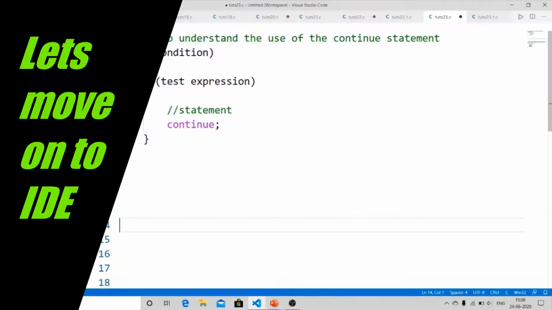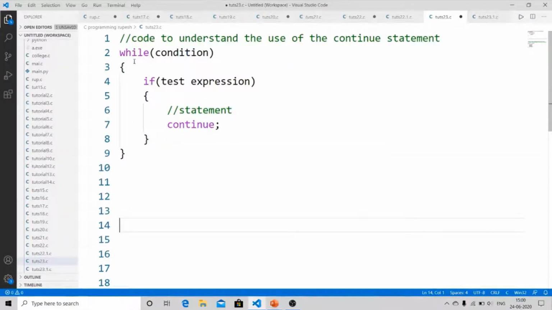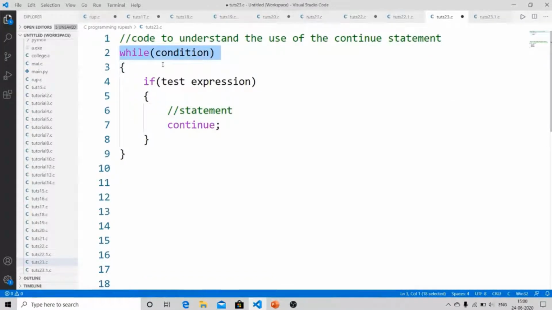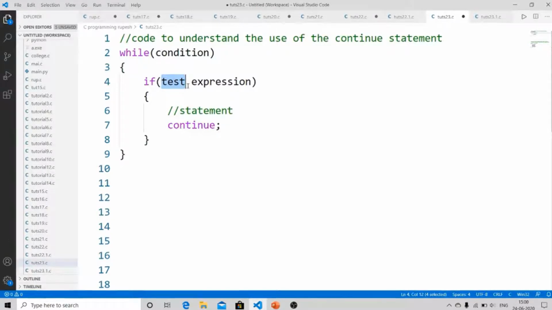This is a simple while loop, and we have understood in the slides how the continue statement works when we have a while loop. So again, let's understand it. Here we have a condition, and it will check the condition. If the condition is true, it will come here, and we have a test expression to check. If this test expression is found to be true, it will enter the if block, and as it enters, it encounters the continue statement.